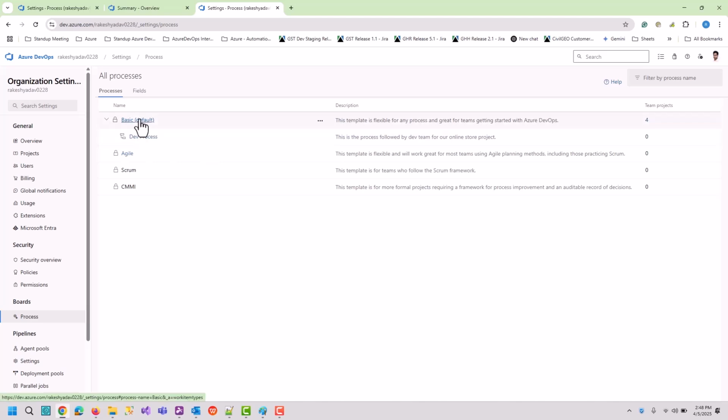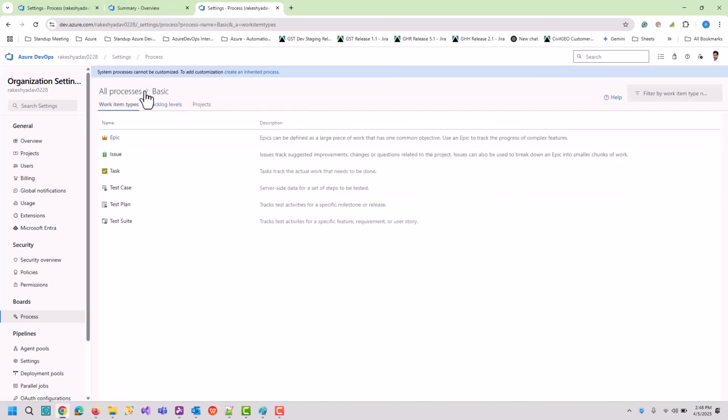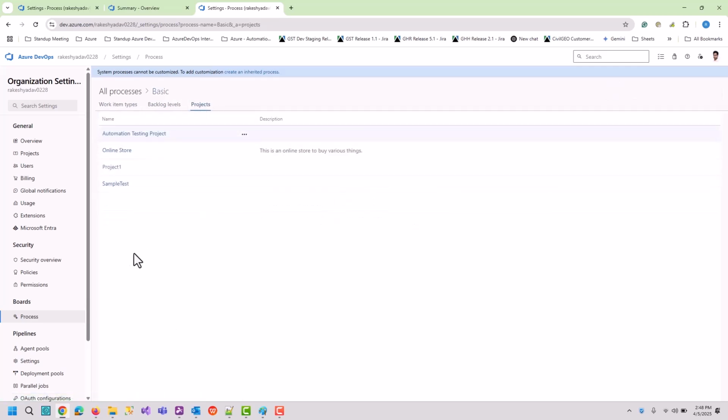So I need to go to this basic process section, and here I can see all of my projects. If I want to change the process of any project, in our case the online store project, we need to click on the 3 dot button corresponding to the online store project.